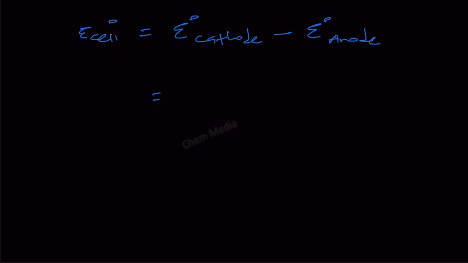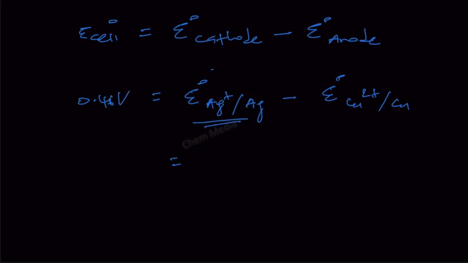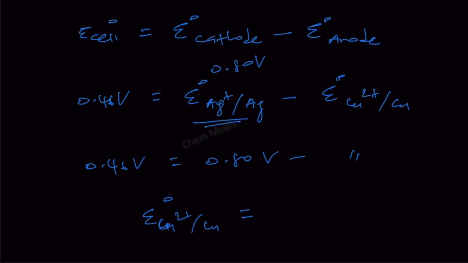So therefore this is equal to Ag plus becoming Ag minus Cu2 plus becoming Cu, and E cell standard is 0.46 volt, and this value is given as 0.80 volt. So therefore 0.46 volt is equal to 0.80 volt minus this one. So therefore copper 2 plus becoming copper, the standard reduction potential is equal to 0.80 minus 0.46, and that is